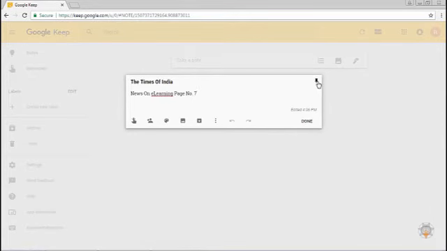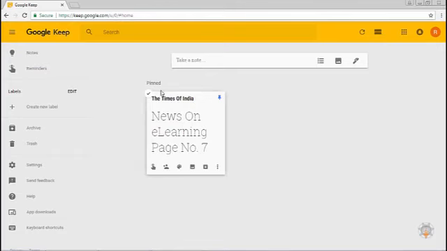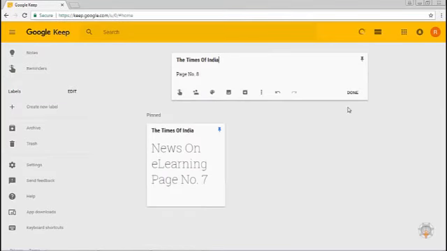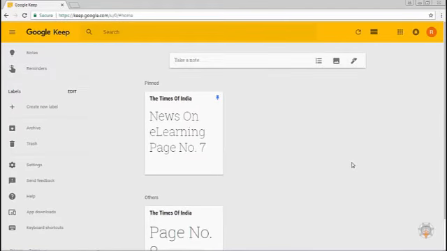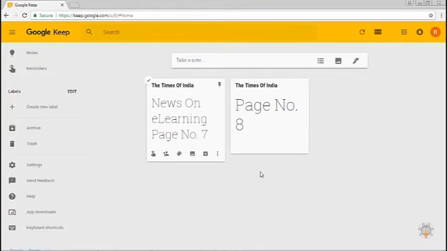Then if we click on Pin, the note will be pinned and will be located at the top of the page. After entering the note, we will click on Done. You can see the pinned label at the top as we have pinned the note. For example, if we create one more note and then click on Done, you can see that in spite of adding the note after that, the previous note is located on top as we have pinned it. If I remove the pin, it will be set back to default. After Note, the second option you get is List.